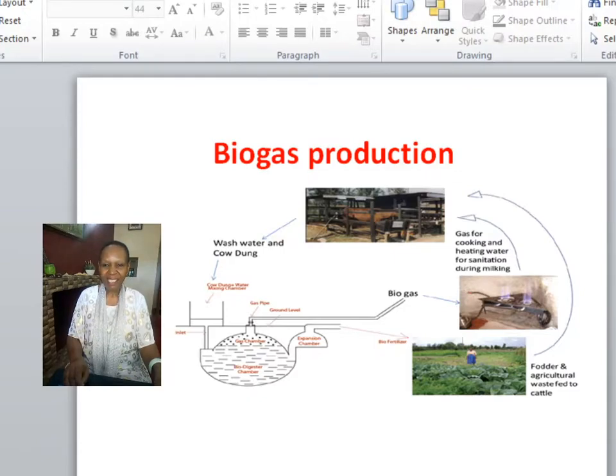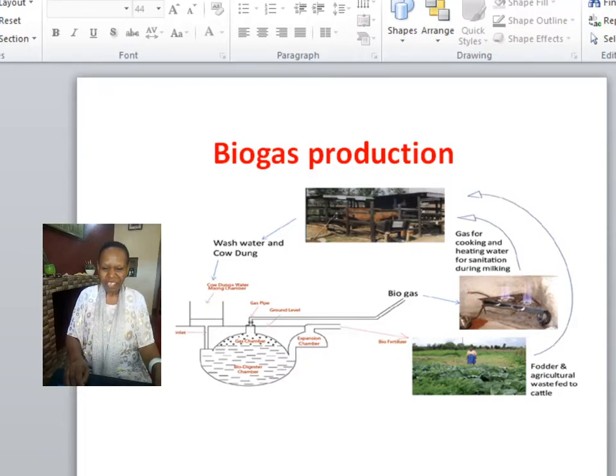Slurry is a fertilizer that is also a soil conditioner, and it is better than the composted fertilizer. This slurry can be used for food production or animal feeds, and the animal feeds can be fed to the animals, and they produce feces or dung or manure that goes to biogas. So this is recycling of waste, and when you use waste to get a product, then it means you are getting a free product, like free biogas or free gas.